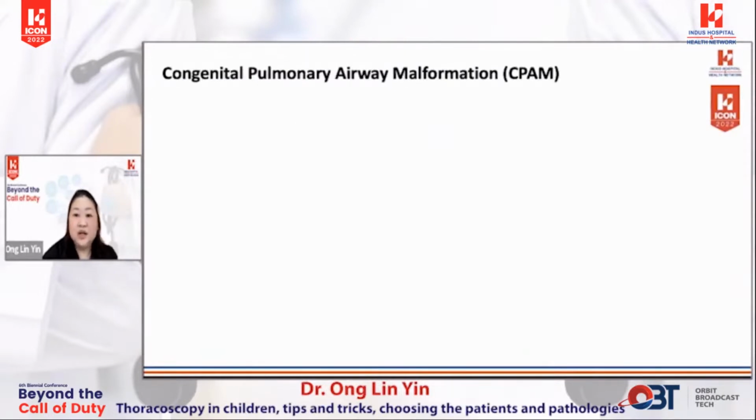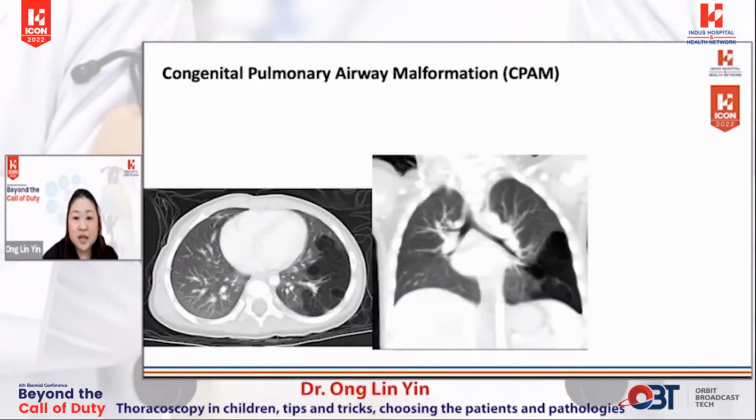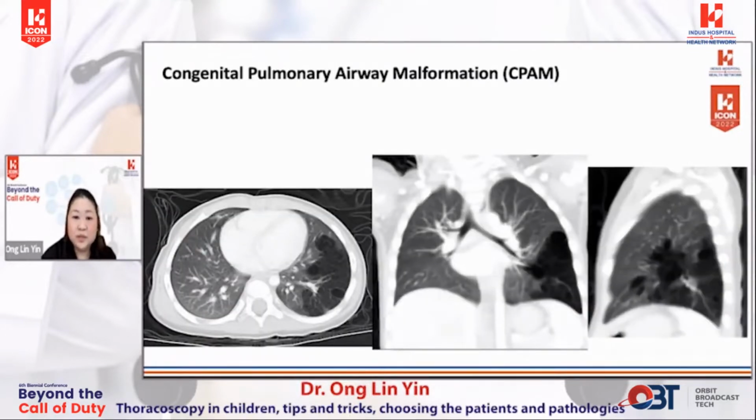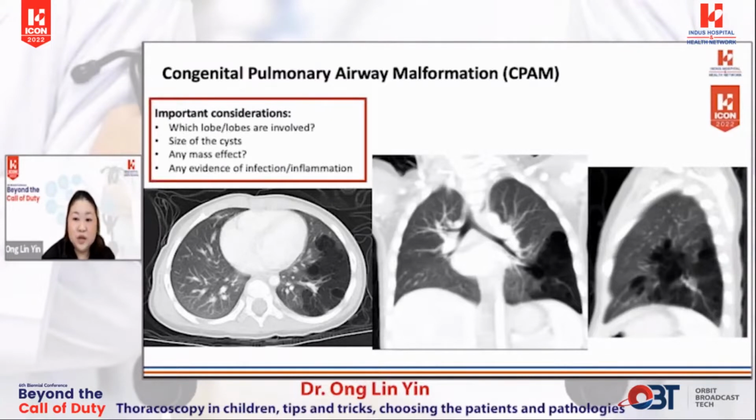We continue on our journey in complexity. We move on to the Thoracoscopic Lobectomy. This is a CT scan of a patient with a left lower lobe type 2 CPAM. There's no feeding vessel to suggest a hybrid lesion. The lesion is purely confined to the right lower lobe, and in some patients, the CPAM may occupy more than one lobe, and that needs to be considered when planning surgery.